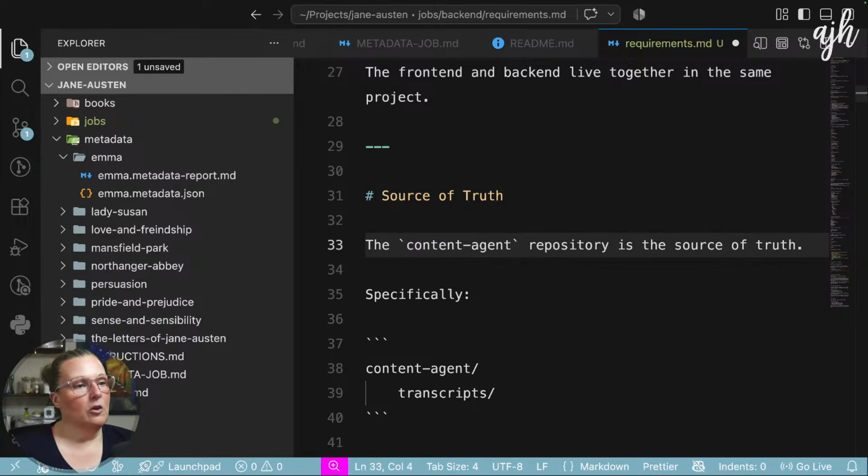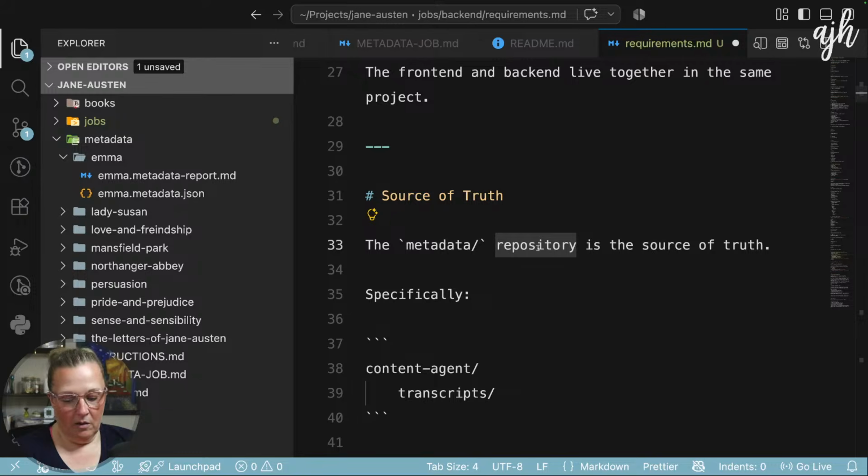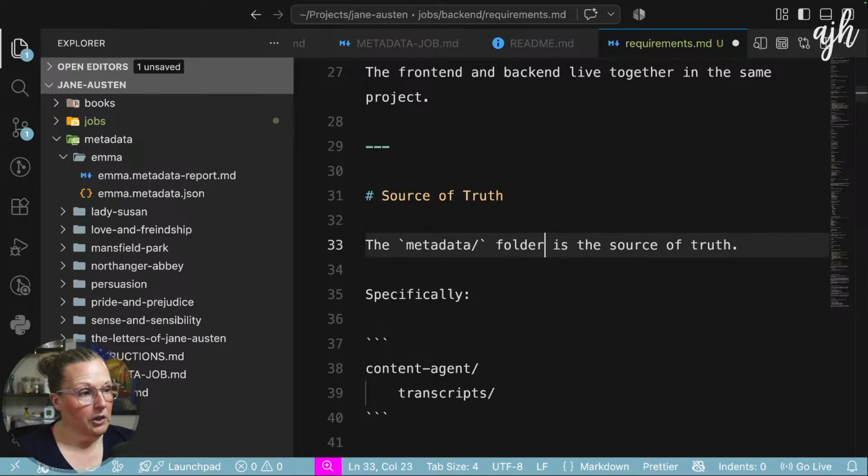So I don't think we need the word local. I think we could just say the metadata folder is the source of truth. Specifically,